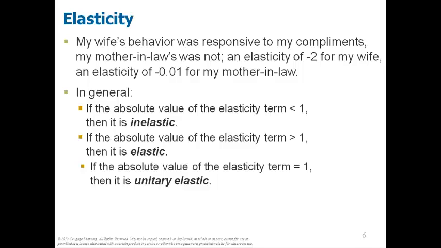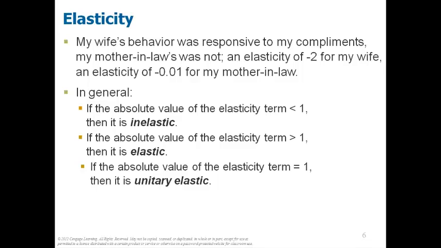Now notice that there was a negative relationship for both my wife and my mother-in-law, so when I was nicer to them, they stopped complaining about me. That's the direction that I would expect, but the responsiveness of my wife was way greater. Okay, so my wife's behavior was responsive to my compliments. My mother-in-law's really wasn't. So there was an elasticity of -2 for my wife, and an elasticity of